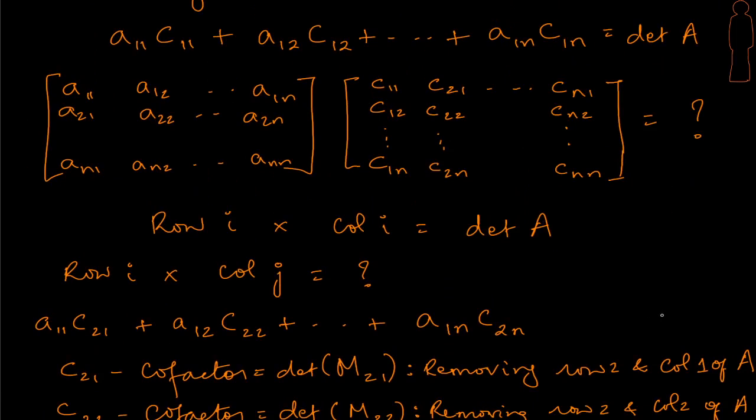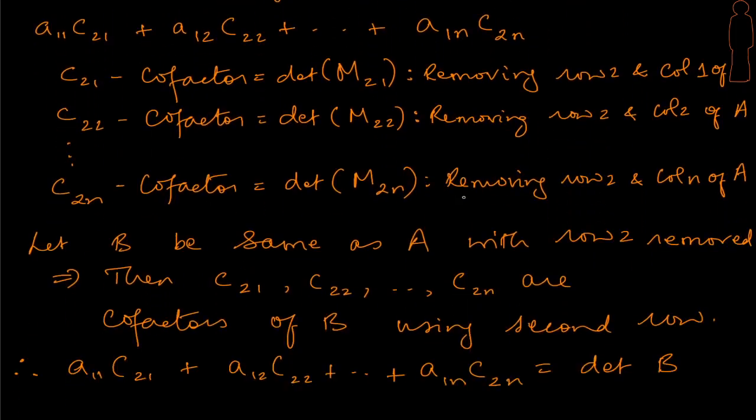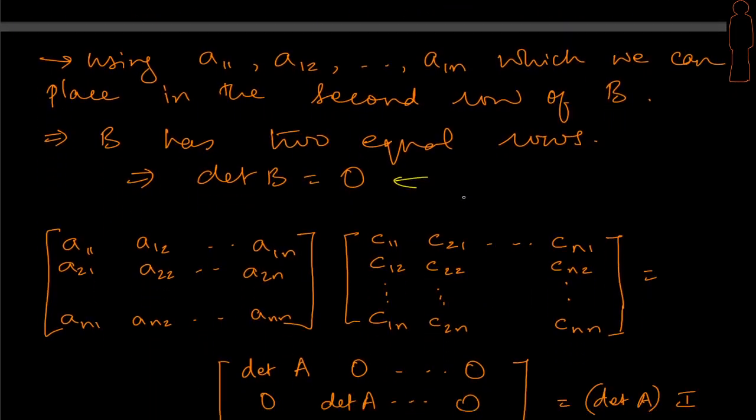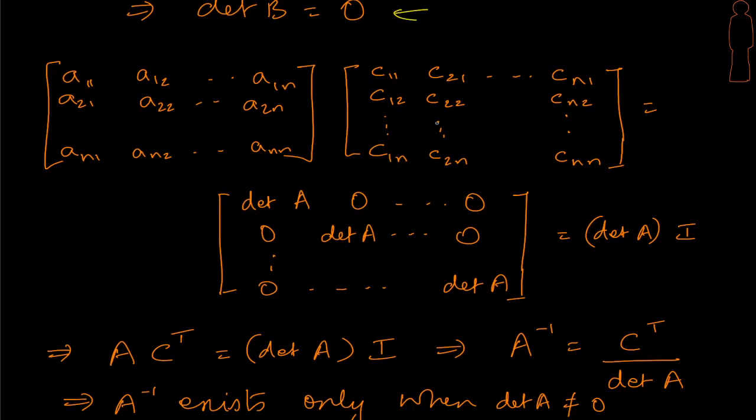Similar argument can be understood for first row on any other column or any other row and a column which is not same as the row number, which means row i times the column j is going to give me simply 0. That is very interesting, and that means that probably we are going to get a diagonal matrix here. Let's take a look at what kind of diagonal matrix we get. So look at this matrix after multiplication.